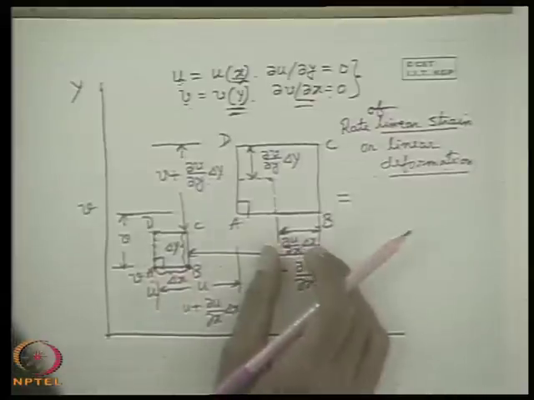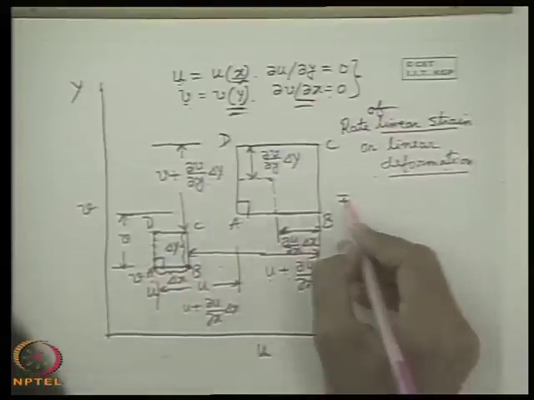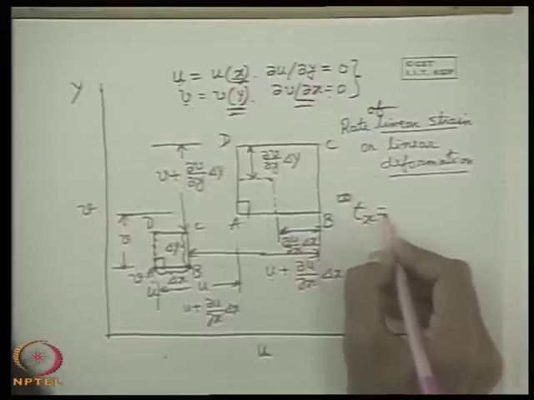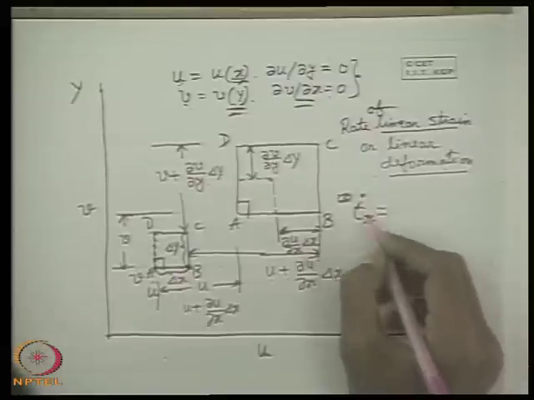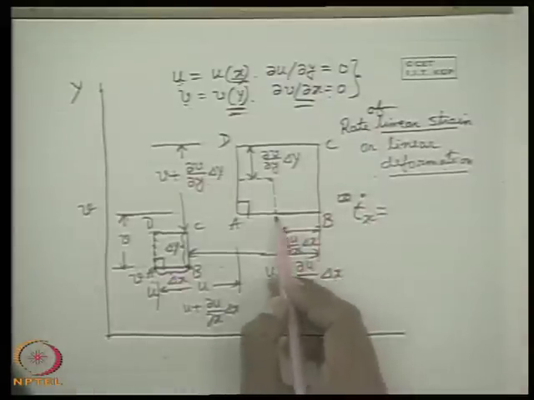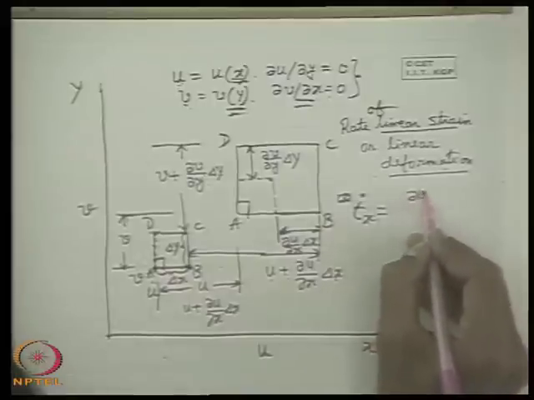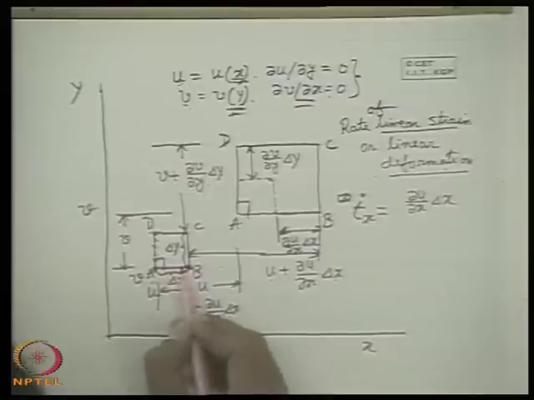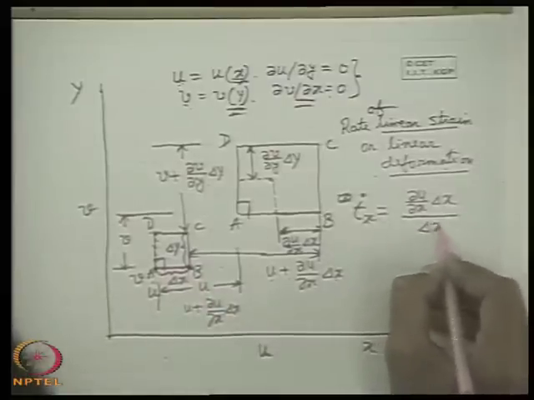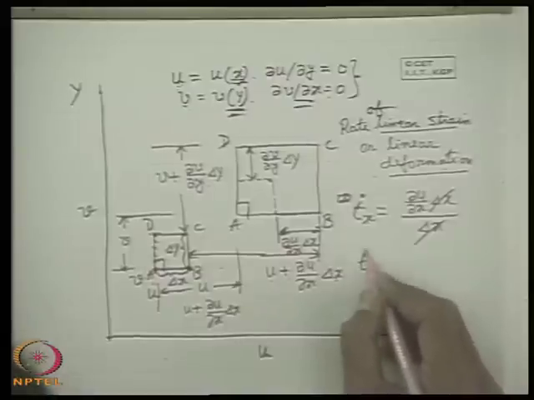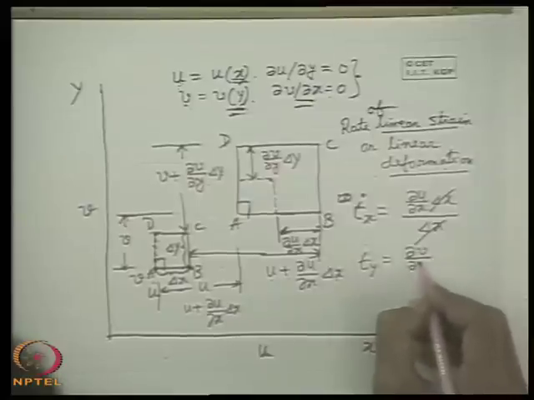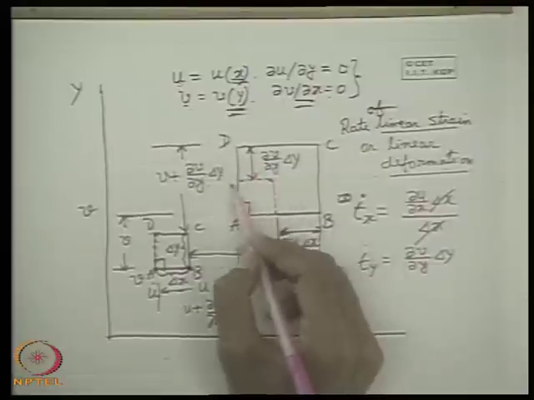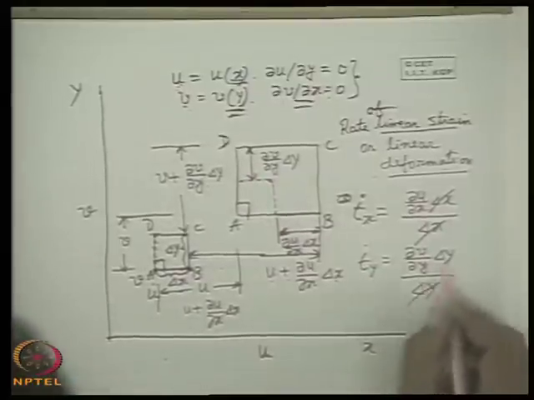So, per unit time, this is the change in the length in the x direction. So, therefore, rate of linear deformation in x direction is symbolized as epsilon x, that means in x direction, with a dot usually recommended because it is the rate, the change of displacement in the x direction per unit time, per unit length. So, per unit time, this is the elongation in the x direction for a linear segment in x direction divided by its original length. That means simply ∂u/∂x. Similarly, epsilon y dot is ∂v/∂y Δy divided by Δy. That means this is the elongation or strain or deformation per unit time in the y direction divided by its original length. So, ∂v/∂y.